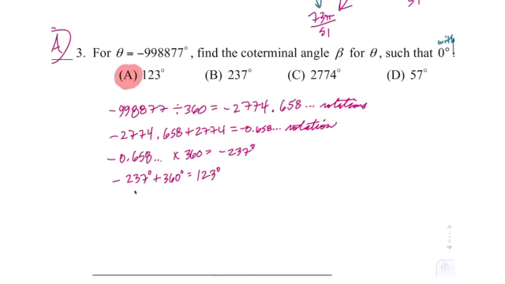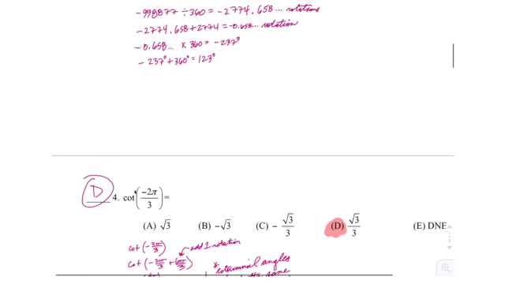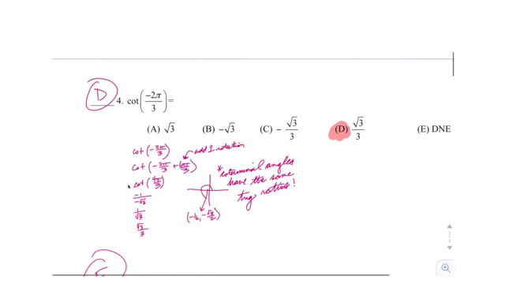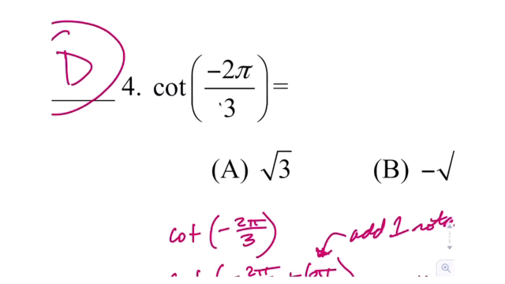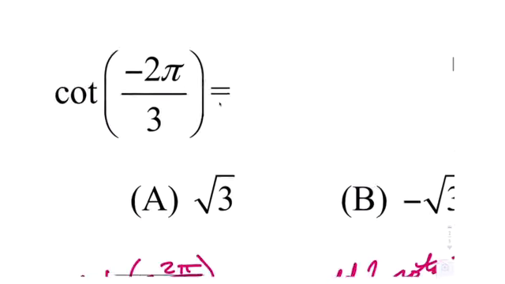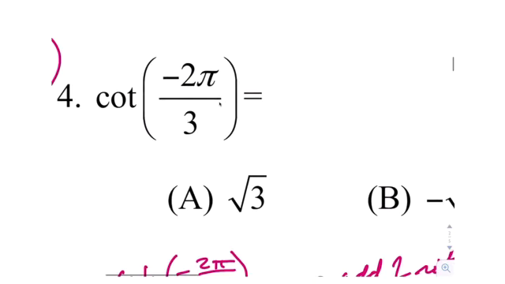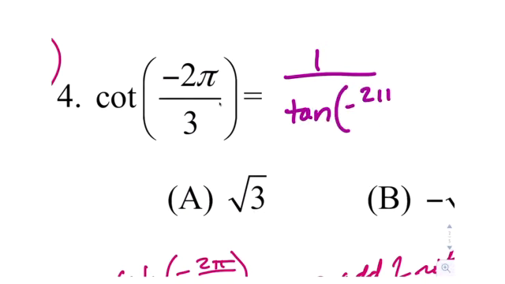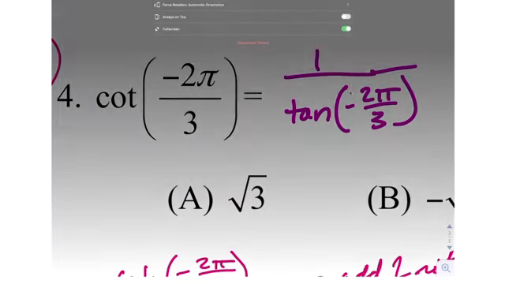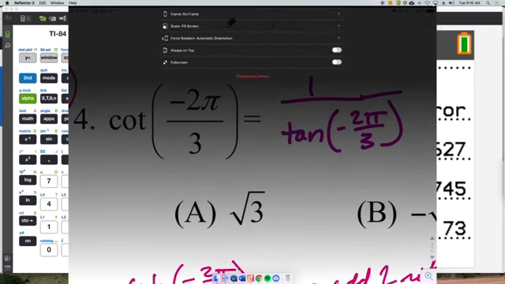Okay, good. Letter 4. Cotangent of negative 2 pi thirds. Oh, we got this. This is straight up on the calculator, right? So what would this be? Well, we don't have a cotangent button, so that's the same as 1 over tangent of negative 2 pi thirds, right? So you could do that, right? And now if you go to the calculator,